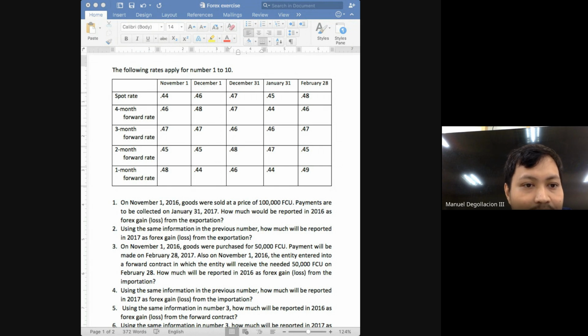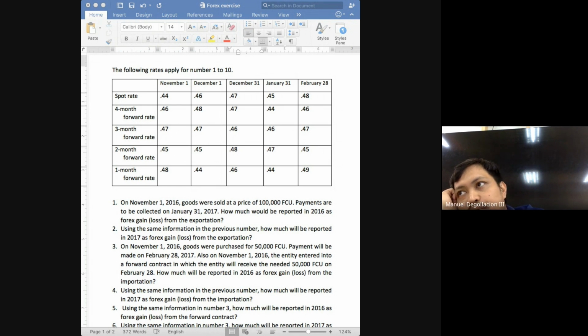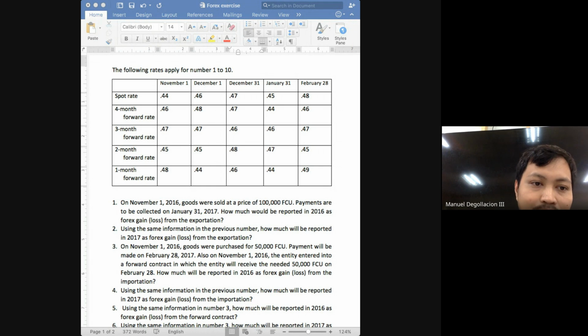Now just to summarize the rules, whether it's a gain or loss, class, at this point you should be able to analyze this on your own. But if you want to have a summarized rule: increase in AR, gain or loss? If your accounts receivable increases, gain or loss? Gain. If, of course, inversely, your accounts receivable decreases, it will be a loss. Next, increase in accounts payable. What will happen if your liability increases? Is it a gain or a loss?